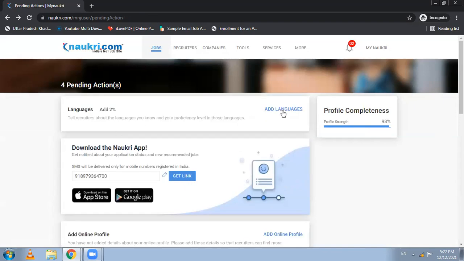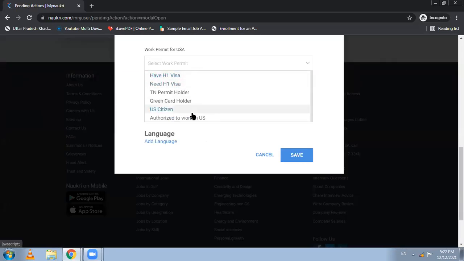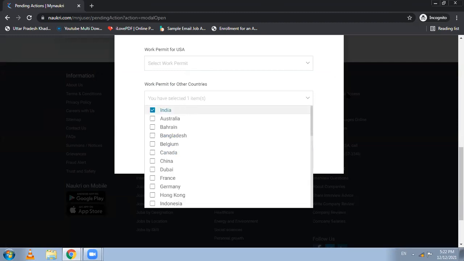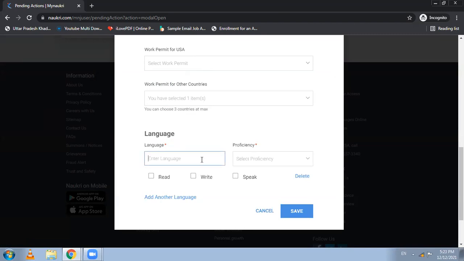Add a language as well so that it can be 100. Add language. Hindi, proficiency expert. You can read Hindi, write Hindi, speak Hindi.